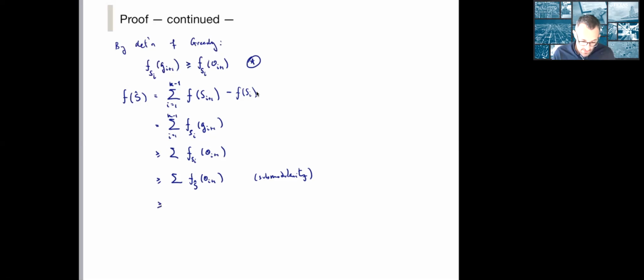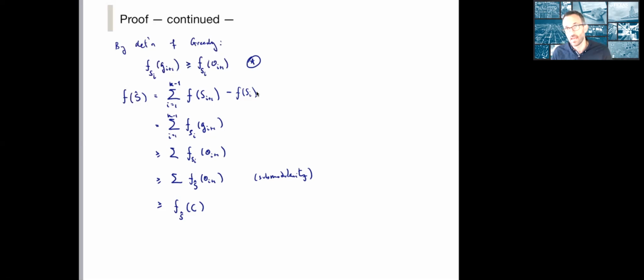And now this is greater than or equal to f of S hat of all of the o's. So this takes a few steps to see, and I'll leave that for you to check as an exercise. And just note that one simple way to show this is that if f is submodular,